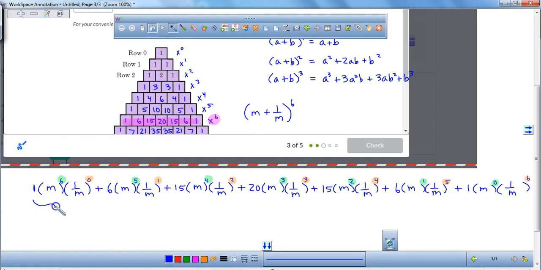We're just going to work each one of these. All right? So check this out. If I have 1 times m to the power of 6, and we got times 1 over m, let's evaluate it. We have m to the power of 6 being multiplied by 1 over m, which basically means I'm dividing it by an m. Now, maybe for some of you, I need to do it, not the shortcut, but the full way. So we have 1 times m to the power of 6